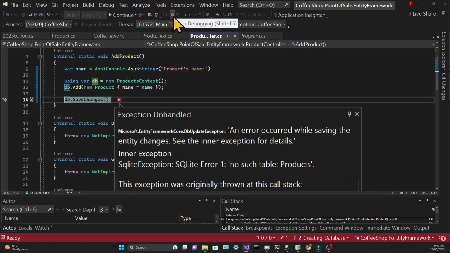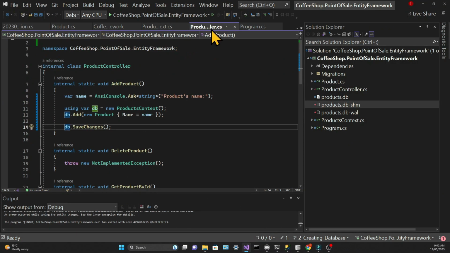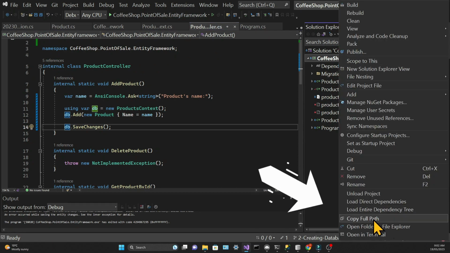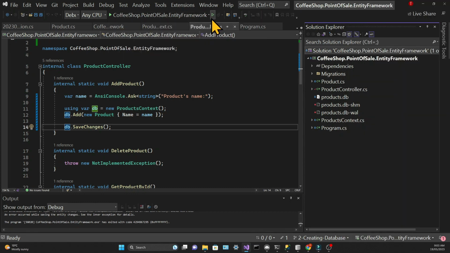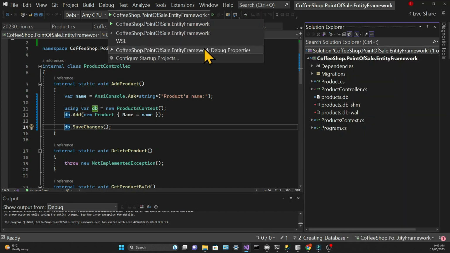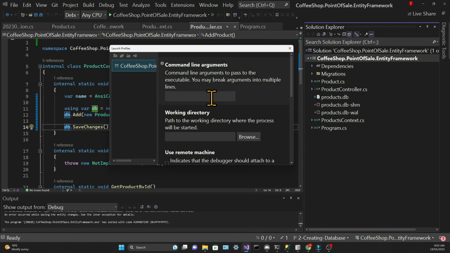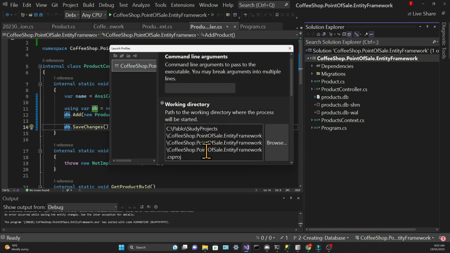So we need a modification so that it finds the database in its correct folder, which is in the same folder where the csproj file lives. So let's grab that folder by right-clicking on it and choosing copy full path. Then we're going to click on the arrow next to the project's name and choose the project's debug properties. And that's where we change our working directory. So we need to paste the path that we have just copied, just removing the last part, which is the